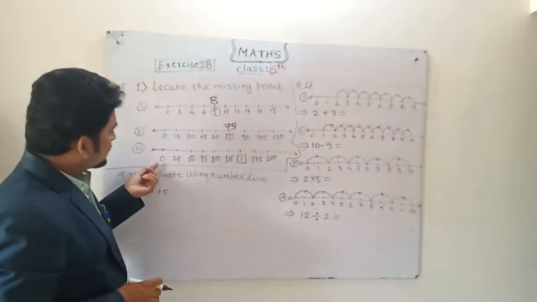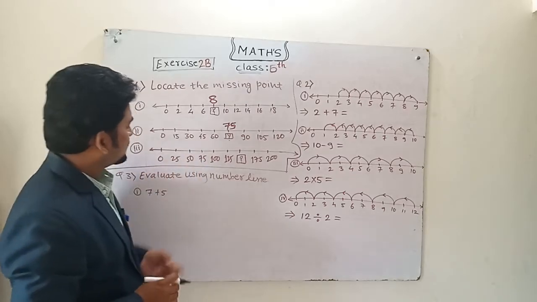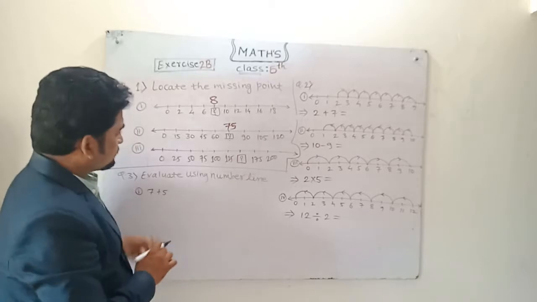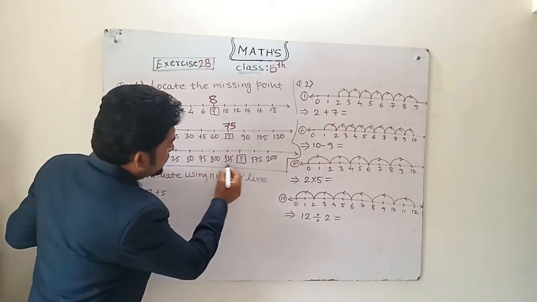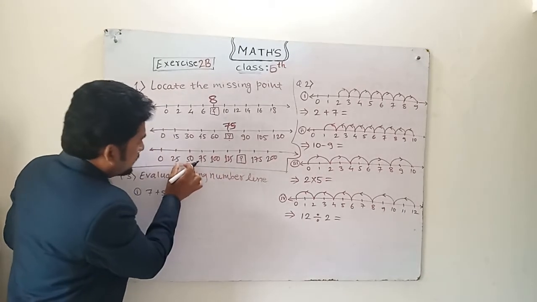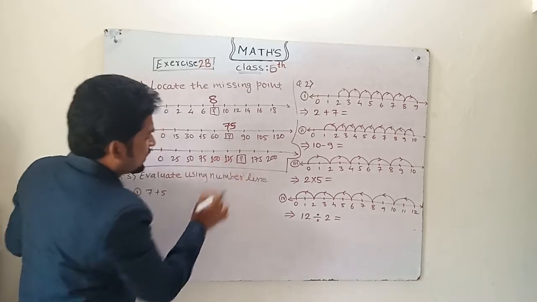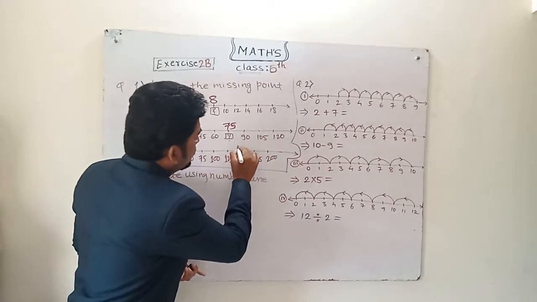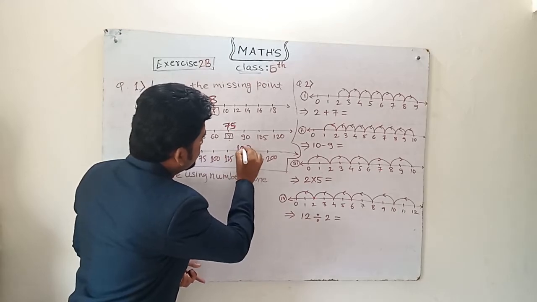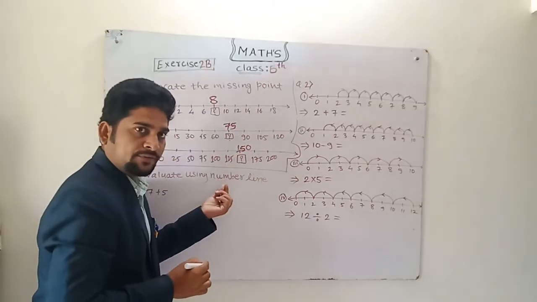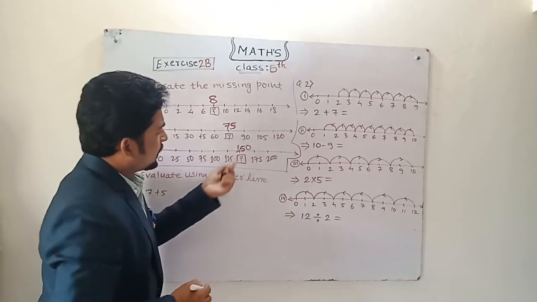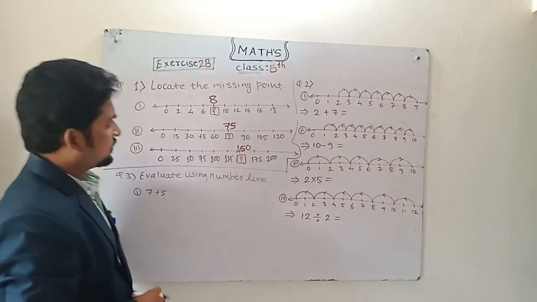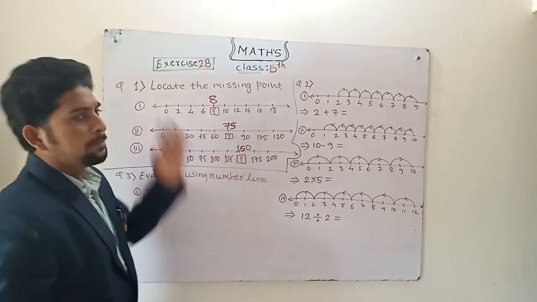Here 0, 25, 50, 75, X, Y, Z are given, right? So how much is the difference? 25. So see here, 125. A difference of 25, 25, 25, 25. Here also, if we add 25, then what will come? 150. 125 plus 25 is 150. After that, if you add 25 again, this will come. Obviously, this is the right answer. Like this you have to fill the missing points.